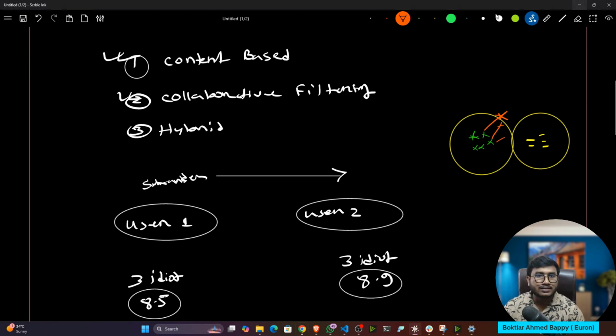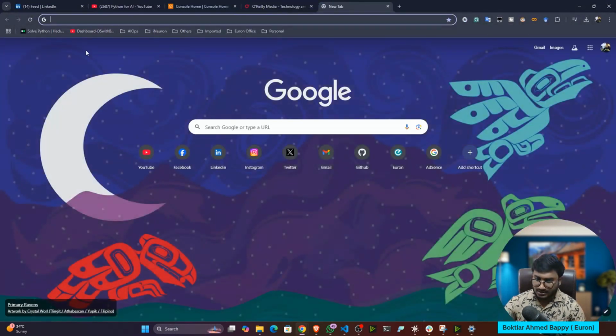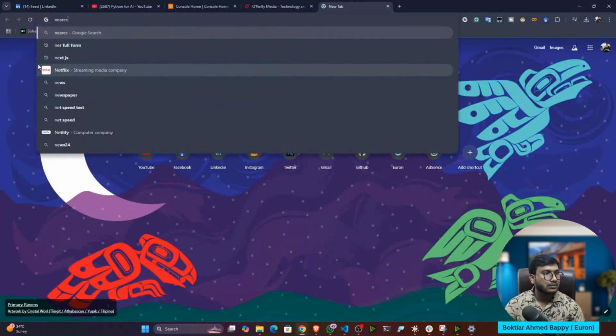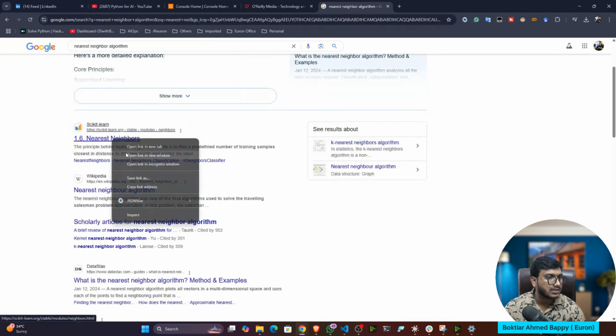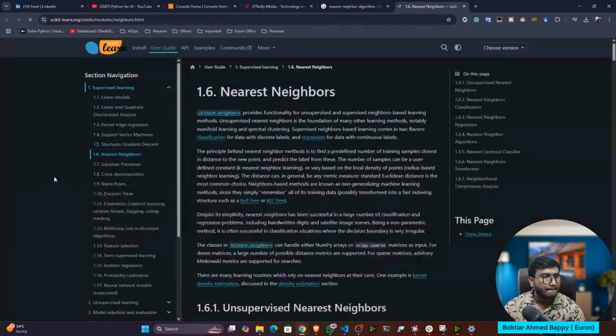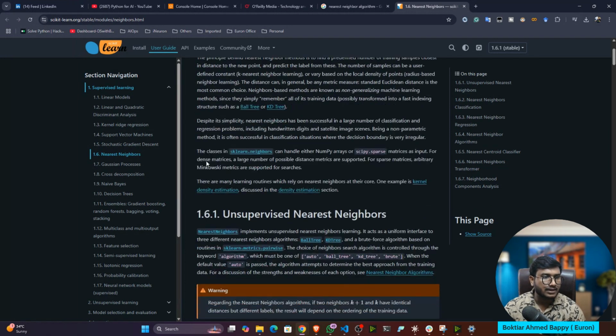But nearest neighbor is, let me show you, the nearest neighbor algorithm. Not this one, I think this one. It's an unsupervised algorithm, and you know that unsupervised means it's a clustering algorithm, right?